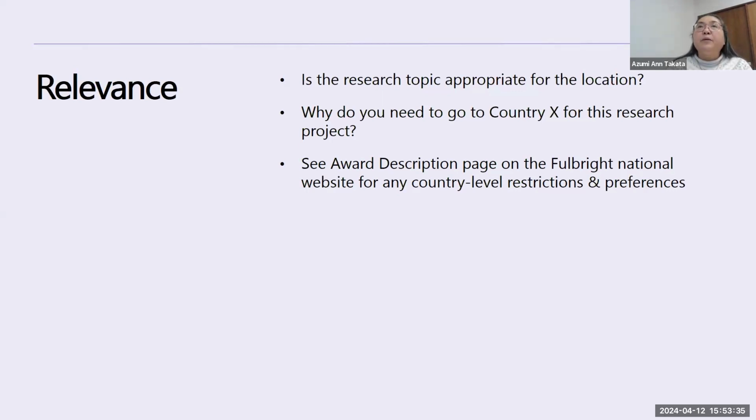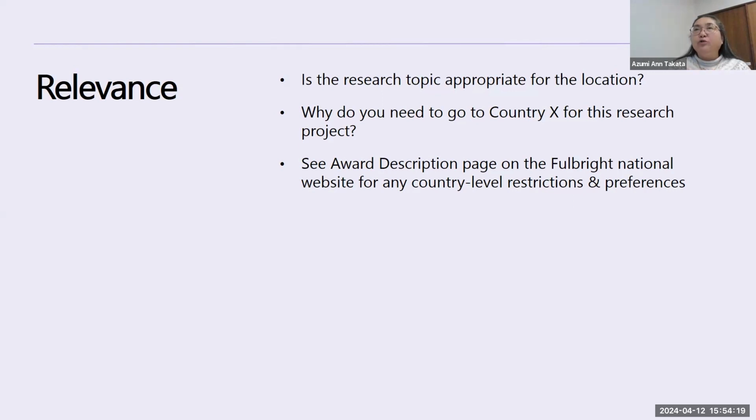That is an important aspect that Fulbright will look at in evaluating your project. Now, there are certain awards that have restrictions and preferences in terms of what kinds of research projects they're willing to consider, and those will be written out in the award description page on the Fulbright National website. So once you have candidates of where you'd like to go, make sure you go and read those award descriptions and pay attention to those descriptions of the candidate profiles and the host